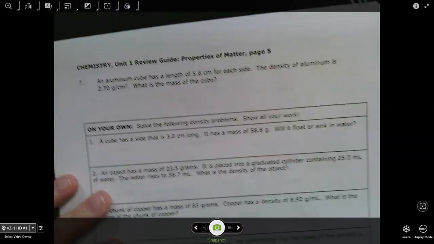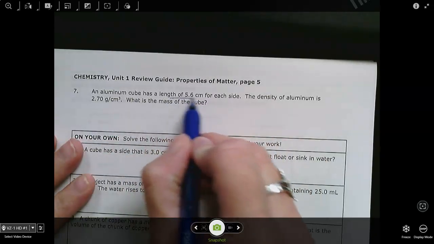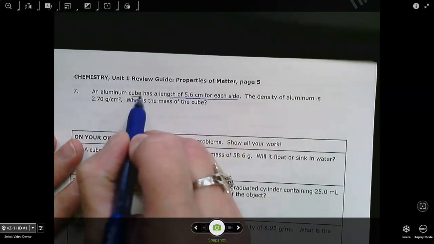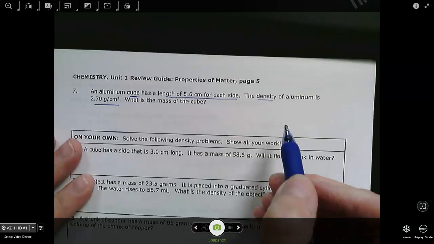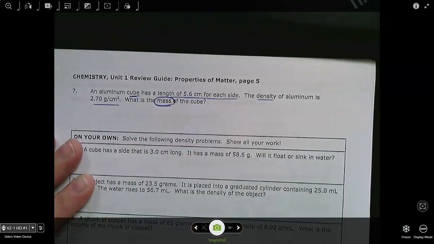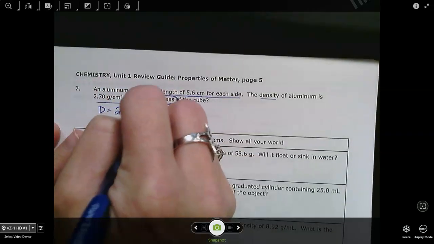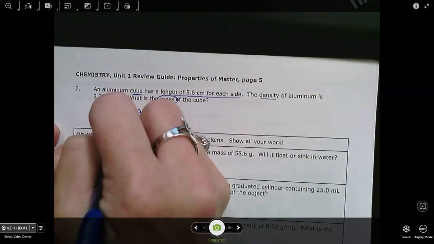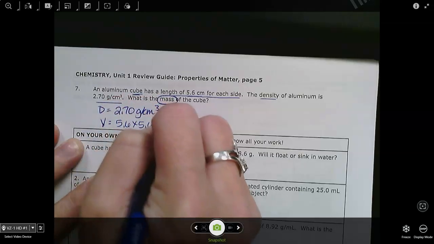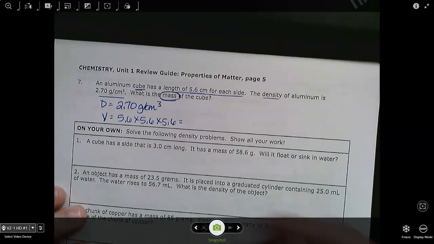And then the last question at the top of page 5 is an aluminum cube has a length of 5.6 centimeters for each side. Remember, cube, all sides are equal. The density of aluminum is 2.7 grams per cubic centimeter. What is the mass? Now, I know the density, they gave that to me. To find the volume, it is side times side times side. So 5.6 times 5.6 times 5.6, which equals